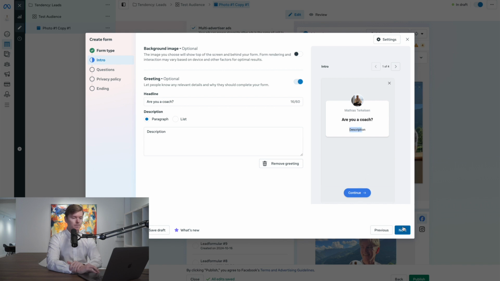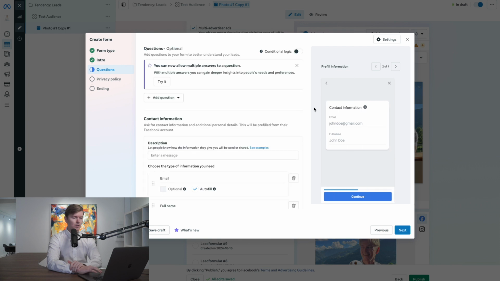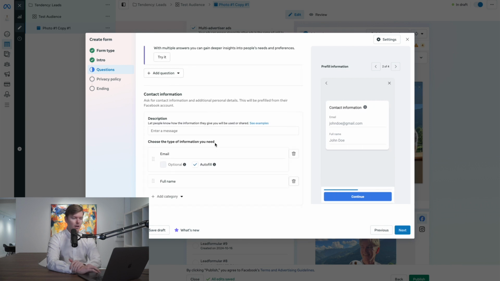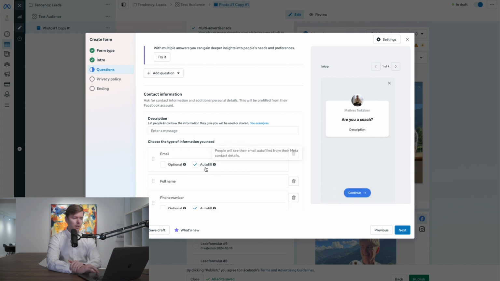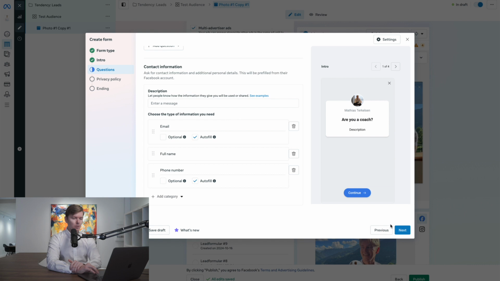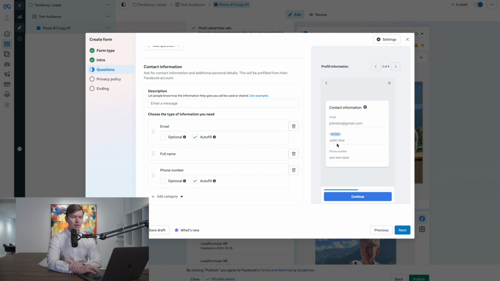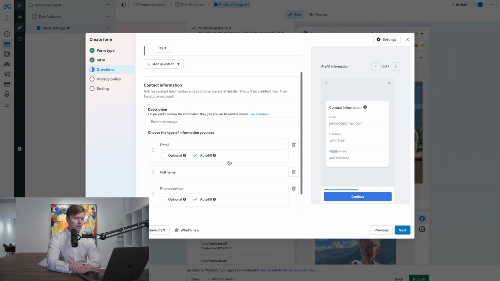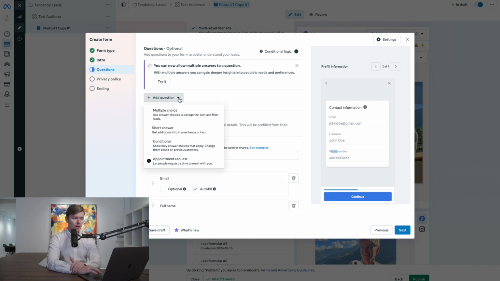So next up here, we're going to create some questions. If there's different questions you want to ask people, so for example, you definitely want people's name and email, but it would also be a great idea, and this entire strategy is actually built upon that you get the phone number. So for example, right here, now we get the email, we get the name, we get the phone number. If there's different things or questions you want to ask, you can also do different things right here.